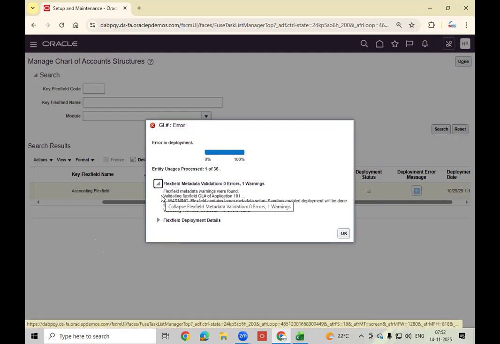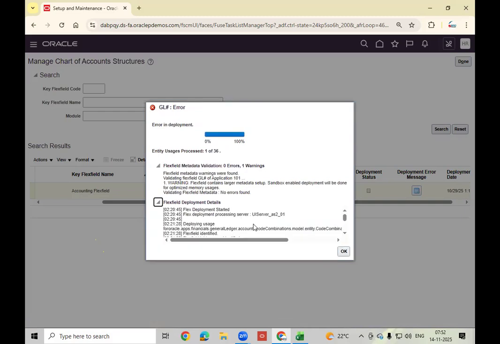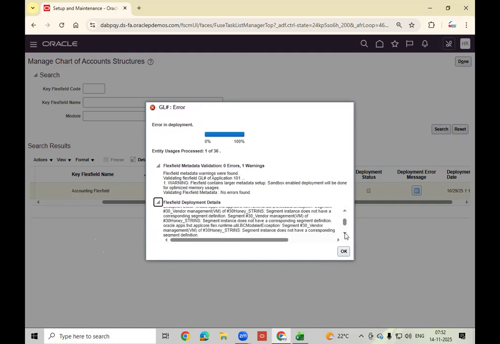Just expand this. Why is it showing this? GL application warning, flexfield UI server, table name.